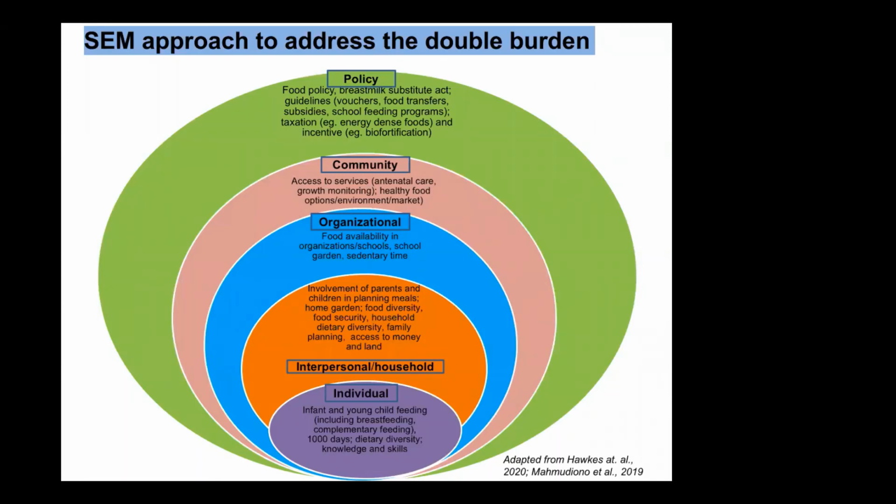And at the policy level, food policy, for example, when we collected the data in Bangladesh, a lot of participants talked about food price fluctuation. They have this policy where they standardize the food price, and sometimes they cannot afford certain healthy products due to that change in the food price. So, for example, that is the food policy. It also talks about what kind of foods are being promoted, whether micronutrient-rich foods or other foods.